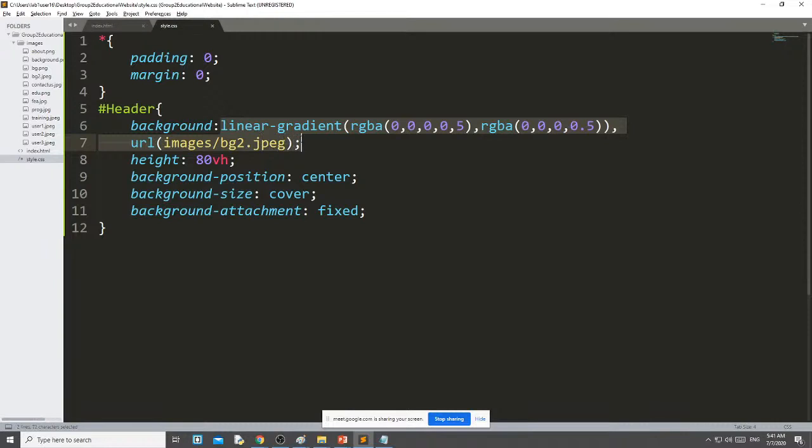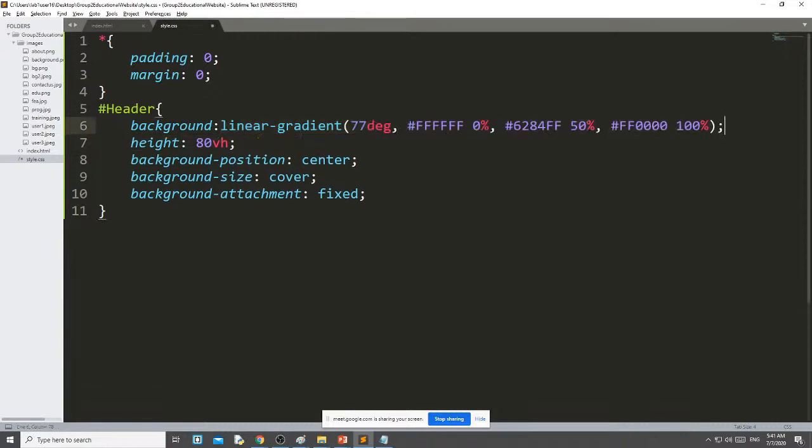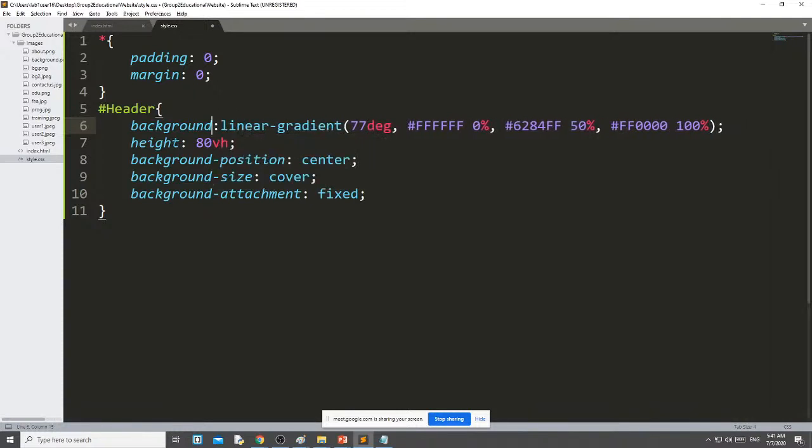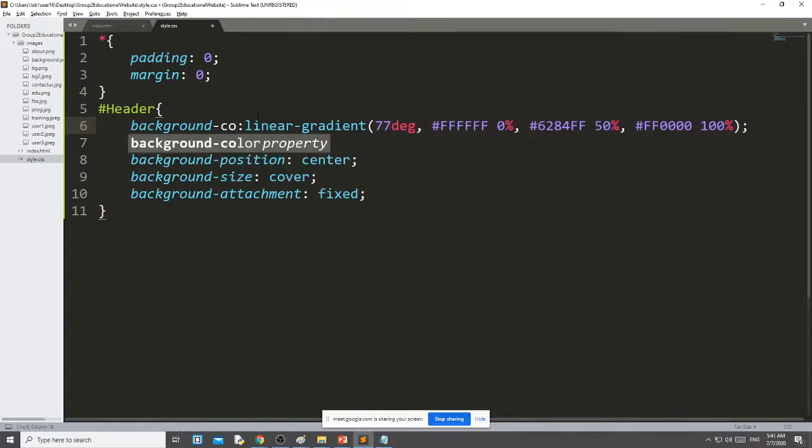Suppose I don't want to use the image, I want to use the color, I can write like this, background color. Suppose let me write background color. Okay, like this you can use,